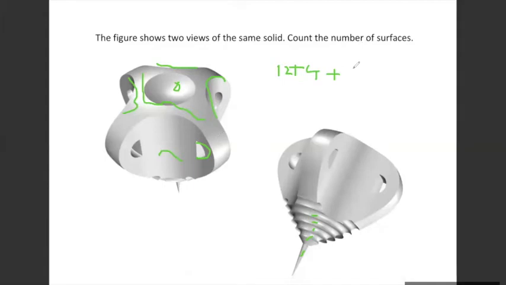Correct? So 4 2s are 8, plus 8. ये कितना total आएगा? 24. Yes. So the correct answer for this is 24. मैम, बॉटम में 8 नहीं होंगे कहाँ पे?